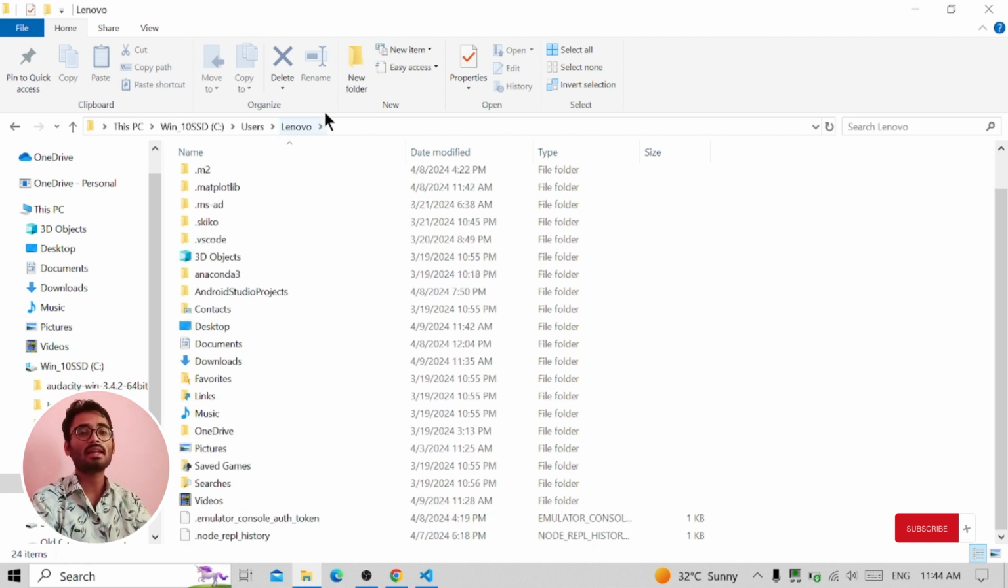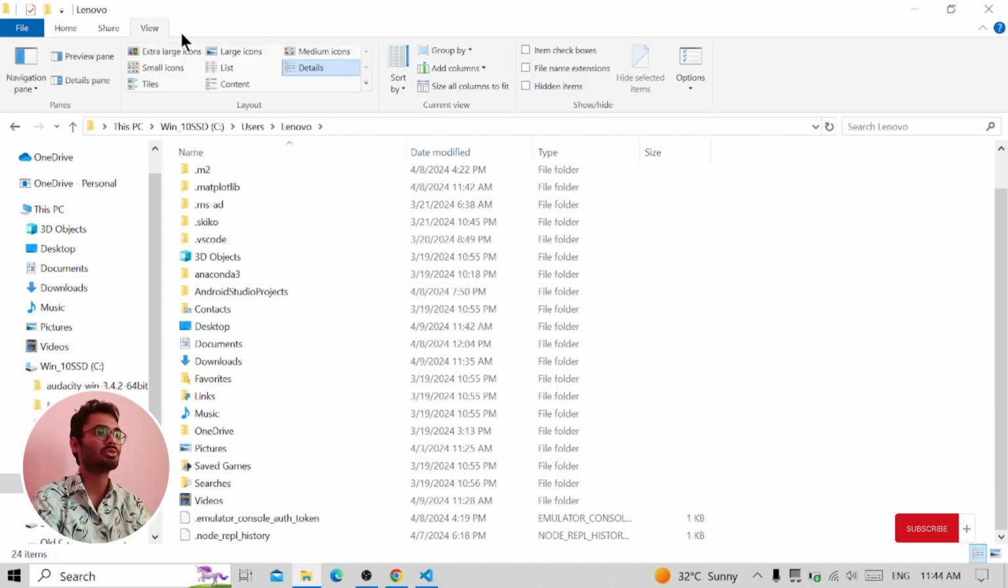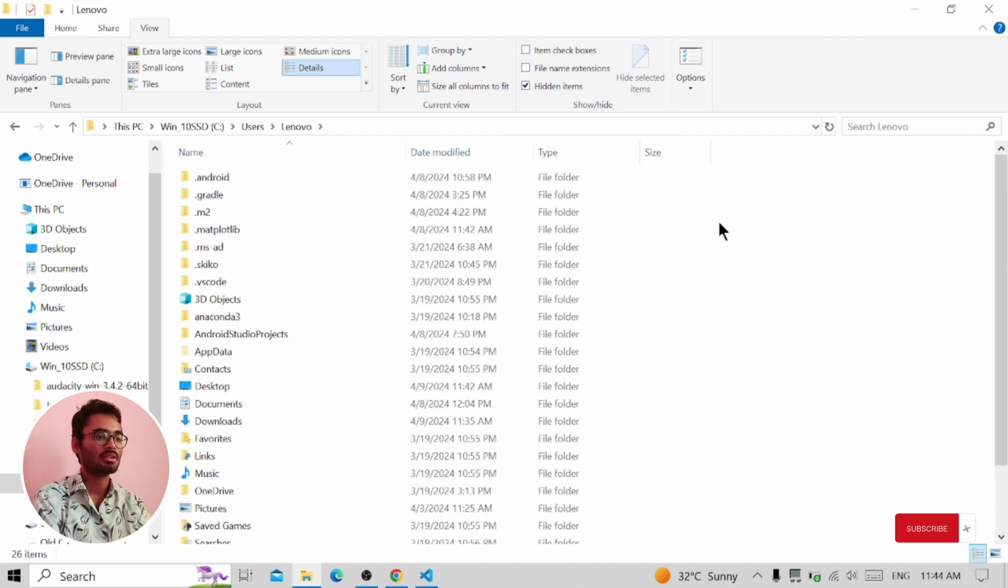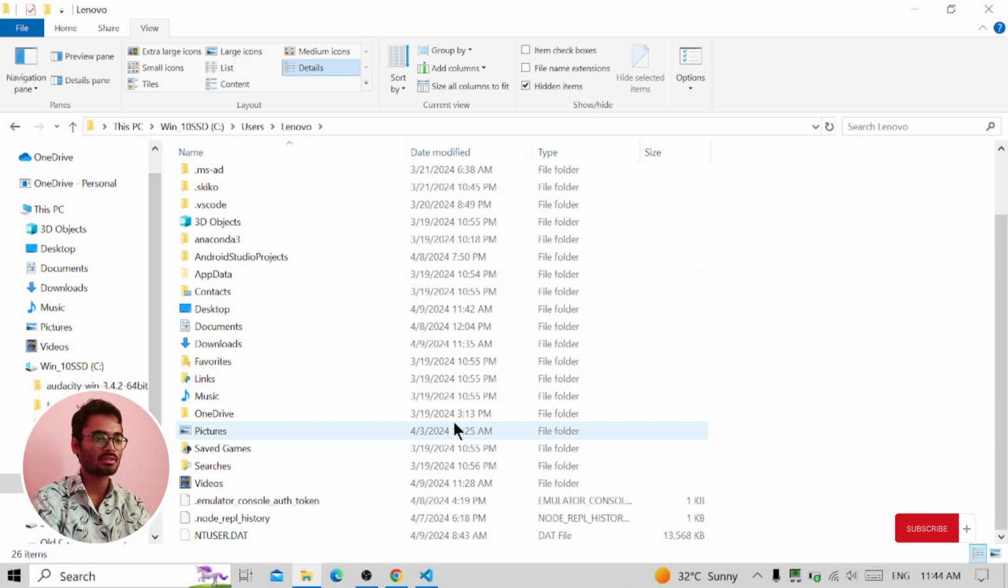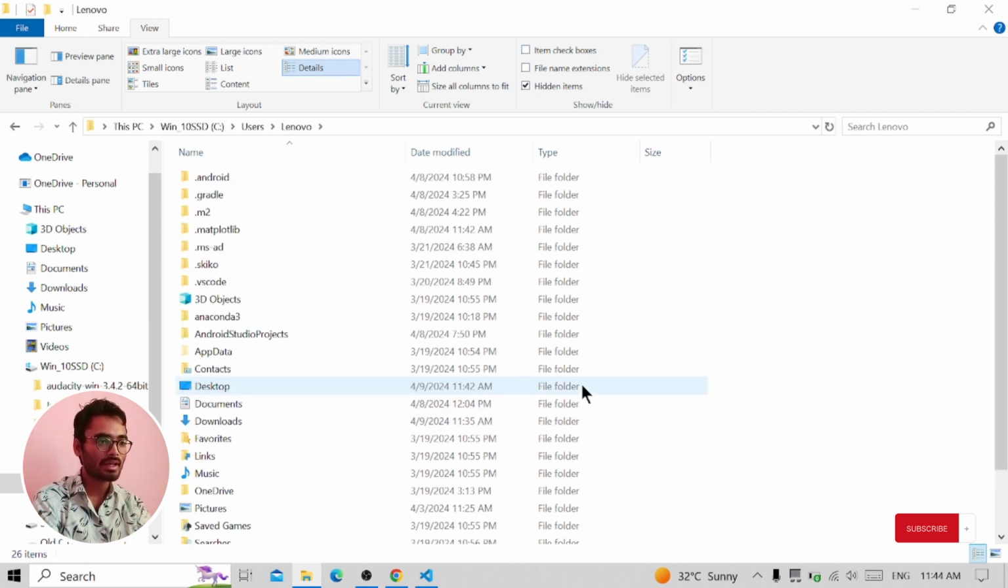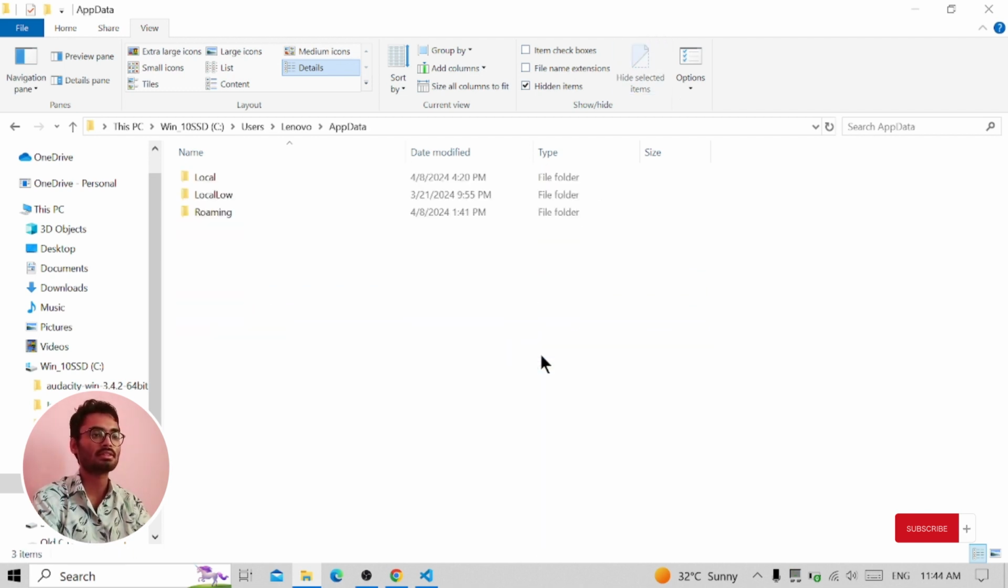Now you will not see AppData because it is hidden, so you just have to go inside View over here, and then click on Hidden items. You will get AppData here. You can just see over here inside AppData,